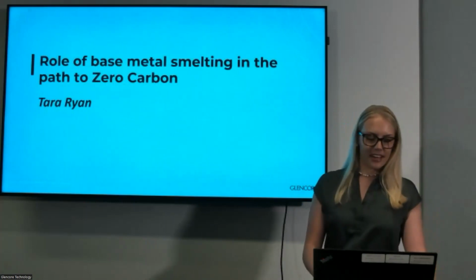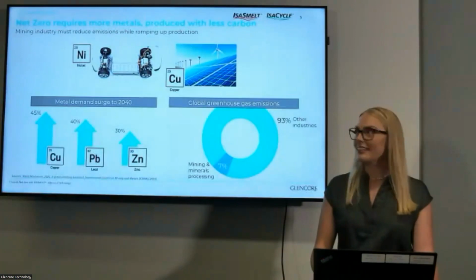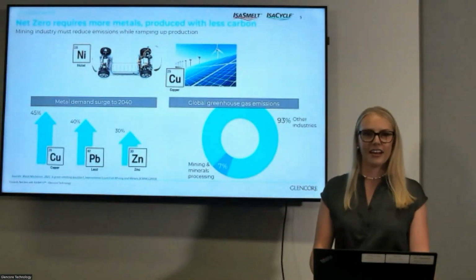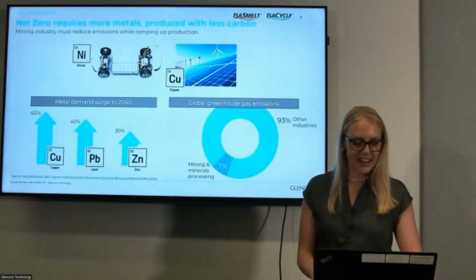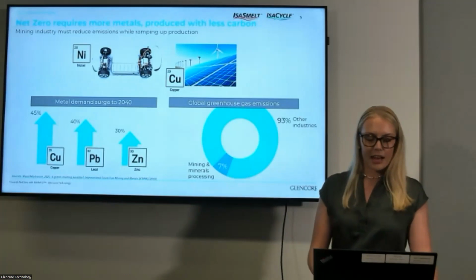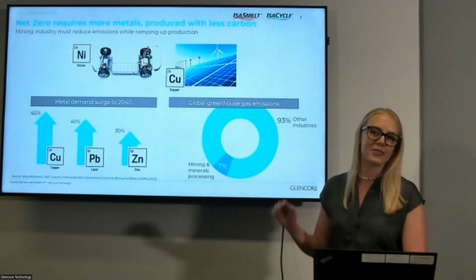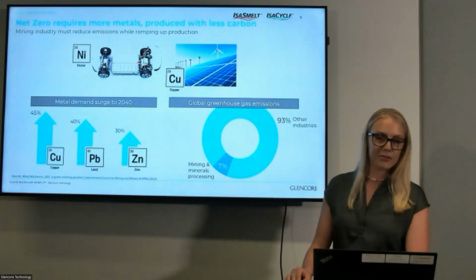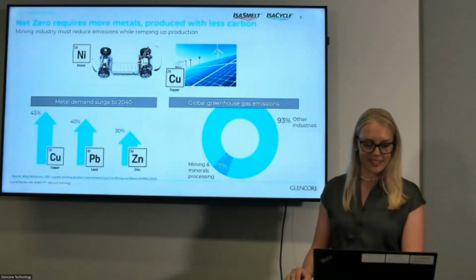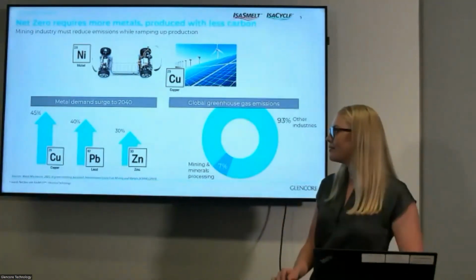So firstly, the importance of zero carbon base metal smelting. For many organisations, the path to net zero involves investing in a transition to zero carbon through renewable energy and energy storage. And with metals like nickel in electric vehicles and copper in solar panels for renewable energy, metals demand is expected to soar. Between now and 2040, for example, copper is projected to increase by 45%, lead by 40%,